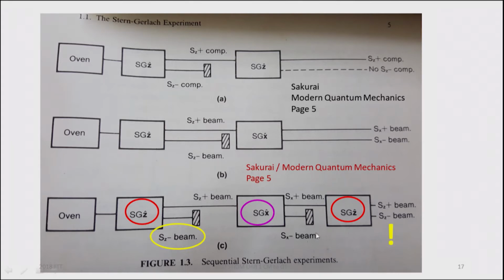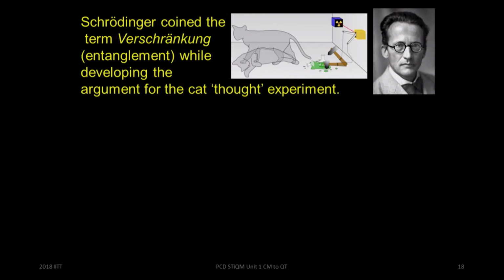Now, this is astonishing because you stopped it here, and it is only the plus component which was moving from left to right in this figure, and having stopped the minus component over here completely, what is remarkable is that you recover the minus component over here. So, these are the astonishing parts